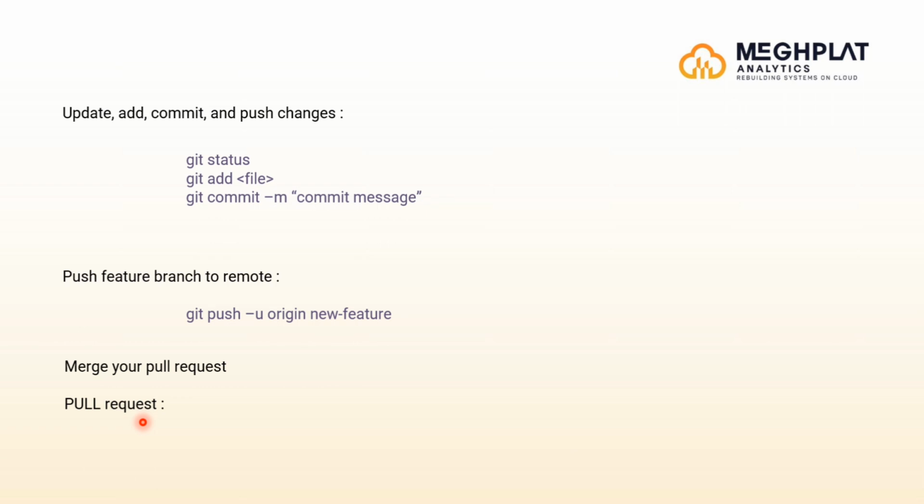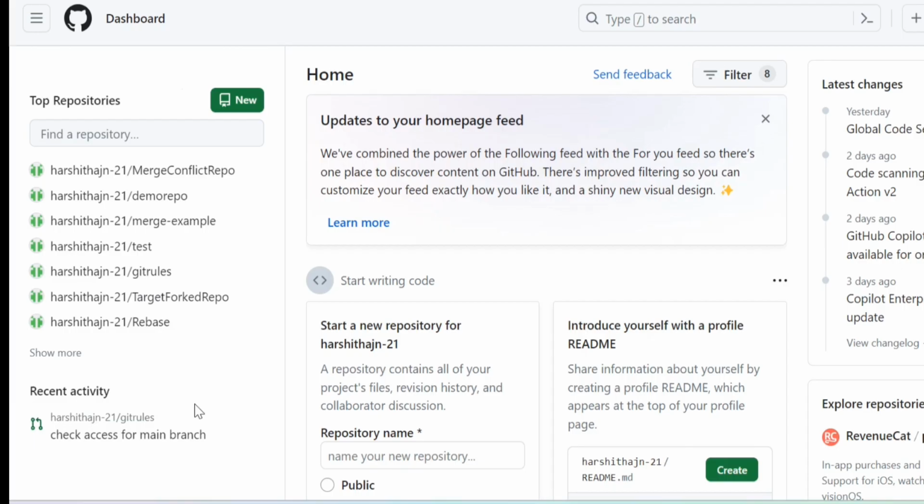So this is the actual process in the feature branch workflow. Let me demonstrate practically. In this video, let's learn about the feature branch workflow. As we have already seen, the feature branch workflow assumes a central repository that might be main or